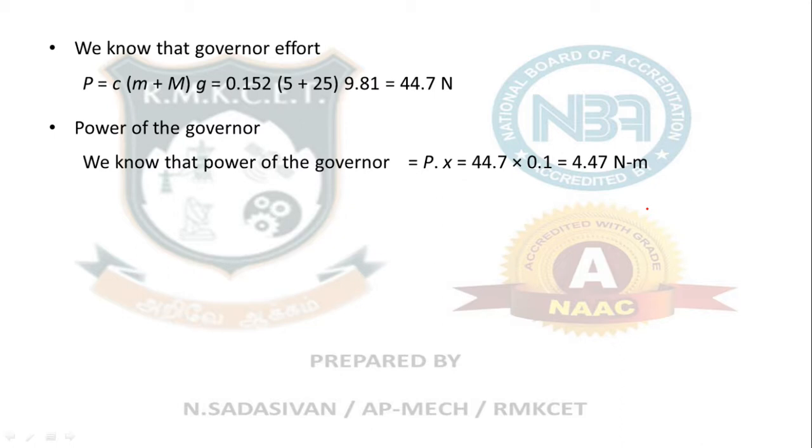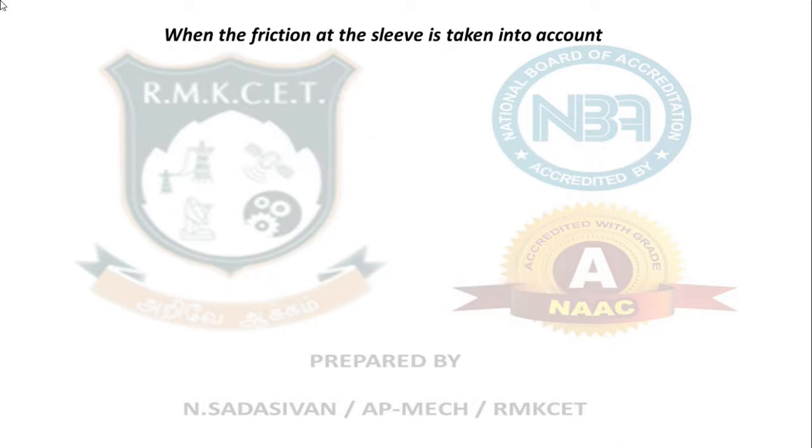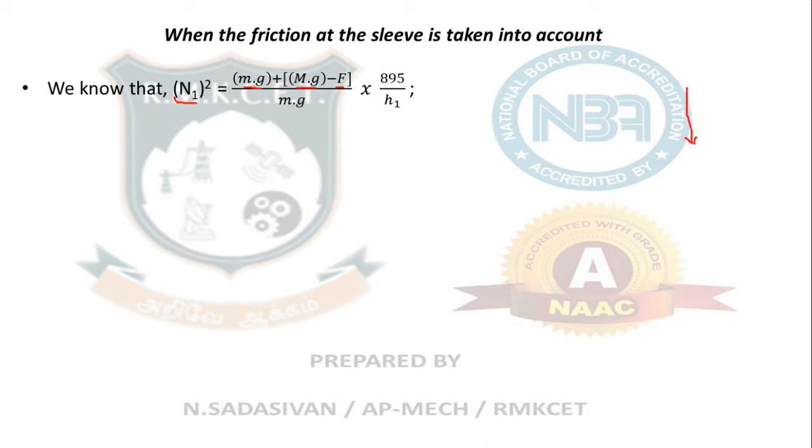Now we are going to consider a friction of 10 Newton. So the formula for RPM also changes. So M into G, convert the mass into force. Multiply with gravity, will make it into weight, so that I can add or subtract the friction directly. For the low speed case, subtract the friction. Why? Because for low speed the sleeve will move down, friction will move up. So upward is opposite to the direction of the weight action direction. Therefore, from the weight of the sleeve I am subtracting the friction because they are opposite in direction.